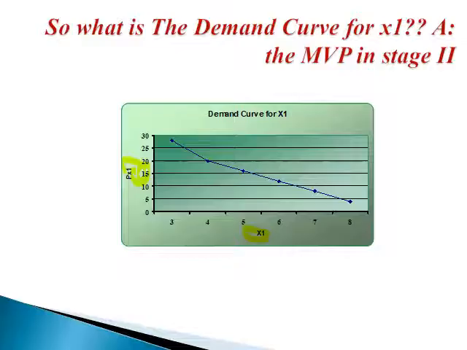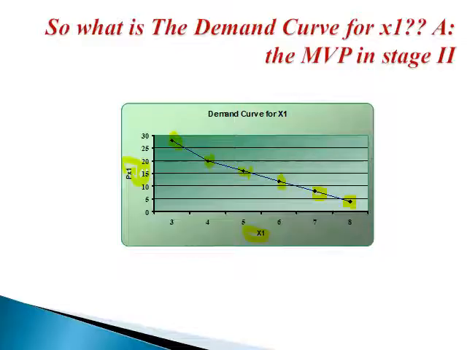When P of x1 is equal to 4, if I use 8 units of x1, I will maximize my net returns. And the same thing here. So I have these 5 points here. This is the first profit maximizing or net returns maximizing point. This is the second net returns maximizing point. This is the third net revenue maximizing point. This is the fourth, this is the fifth, and this is the sixth net revenue maximizing point.